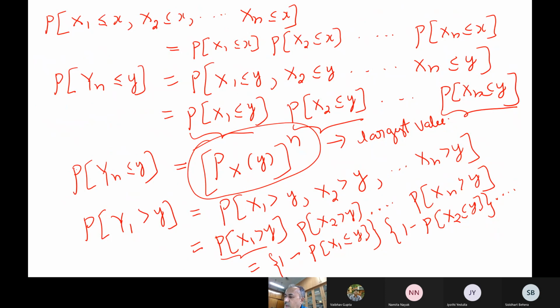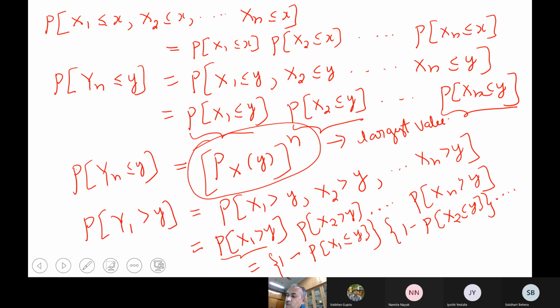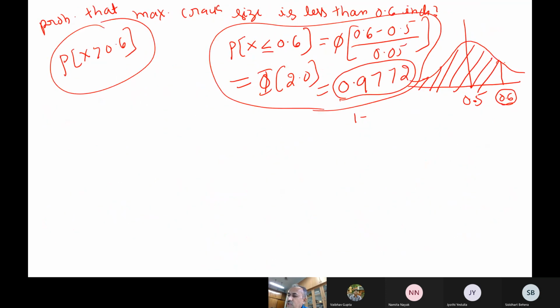what is our extreme value theory trying to tell you? For the maximum value, what is its probability distribution or density function? The probability distribution for the largest value is given by this expression: the parent distribution raised to the power of n, where n is the sample size. So x is a random variable, and we are trying to find the probability of Y10, the largest value Yn. This is given by the probability that Y10 is less than or equal to y.